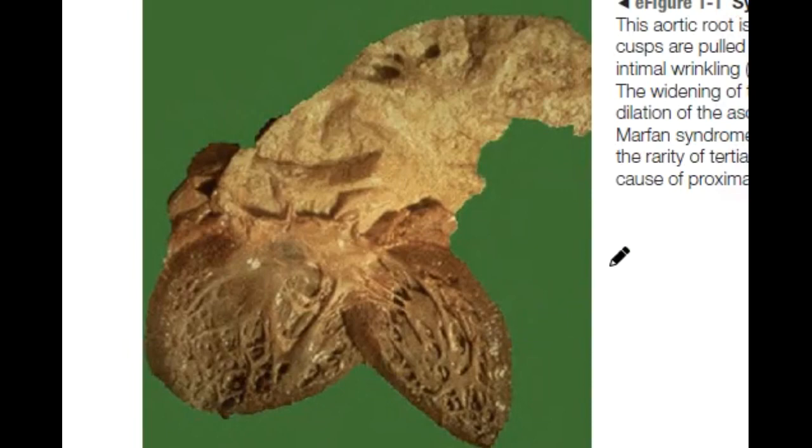Hello friends, let us now learn some pictures. So this is the picture showing the aortitis. If you see, this is the aorta, this is the heart. The aortic root has been widened. If you see, you can see the widened aortic root, and the aortic cusps here have peculiar irregular intimal wrinkling.